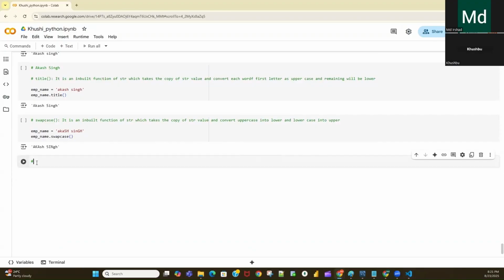So the next function we have is called the center function. Now, what will this center function do? Let me first write the definition, then we'll explain.